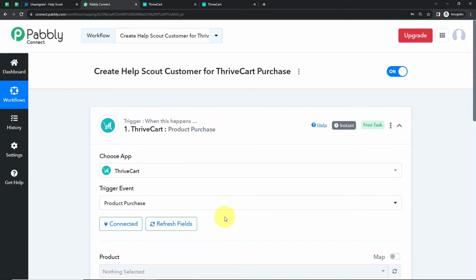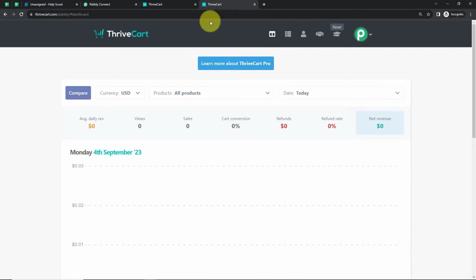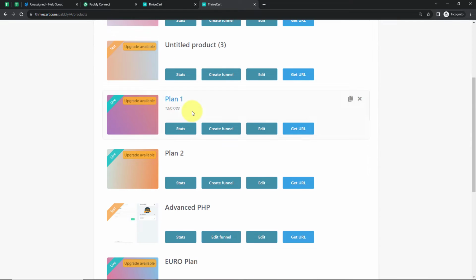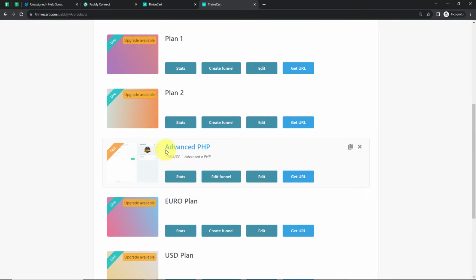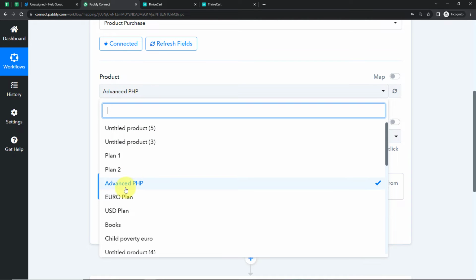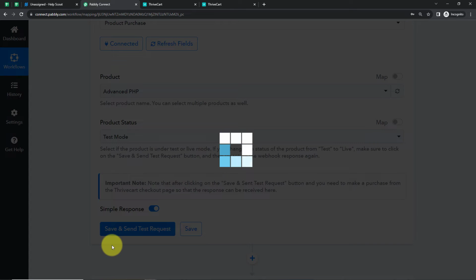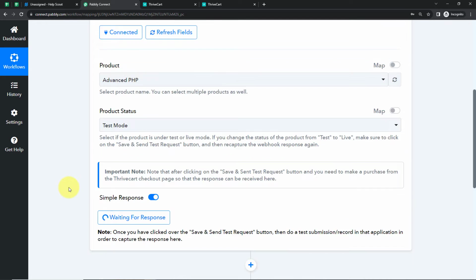And once this is done, now here we have to enter the name of the product and product status. So here I'm going to take you back to ThriveCart. Let's go to products. So you can see I've created a lot of products. Now let's say that the user wants to purchase advanced PHP course. So here I'm going to select advanced PHP. This is the name of the course, and the product status right now is test mode because this is just a test case. Here as I click on Save and Send Test Request,